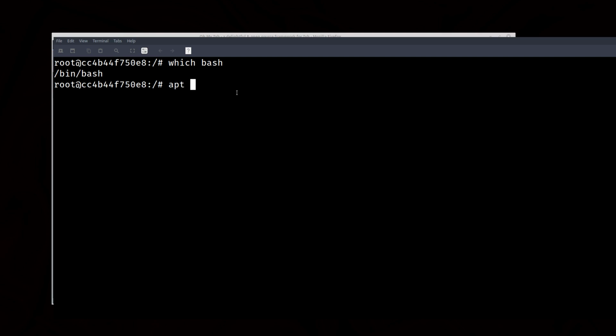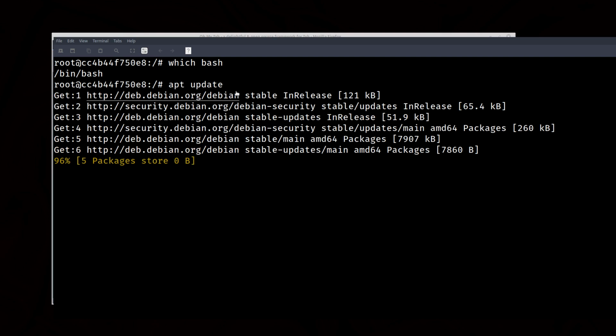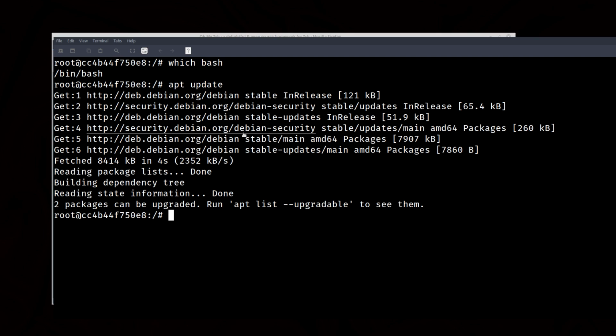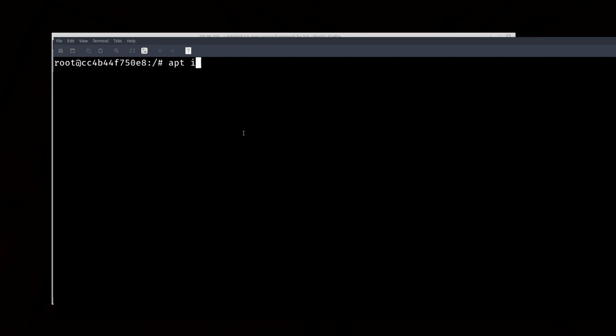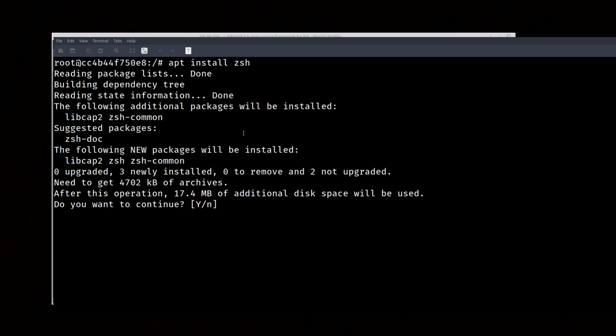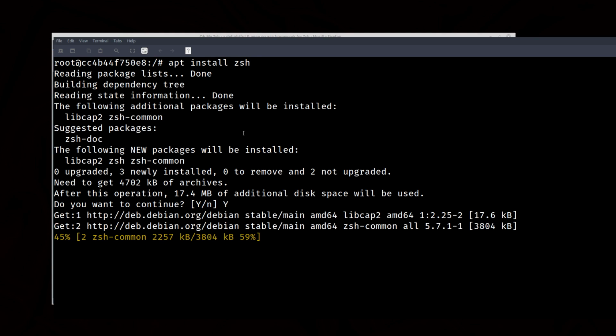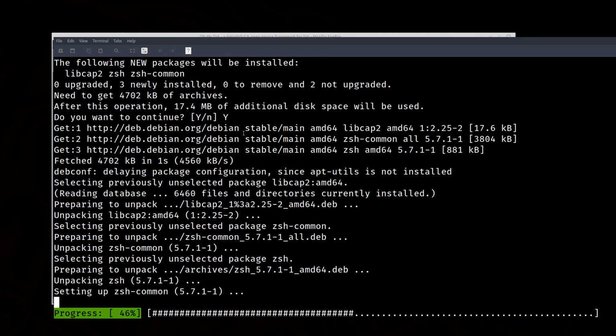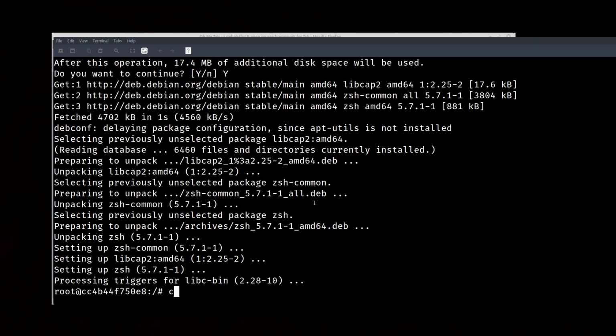So we can install ZSH by using apt install. So before that, let's update the Debian repositories and the software. So now I can use apt install ZSH, press Y, clear screen,